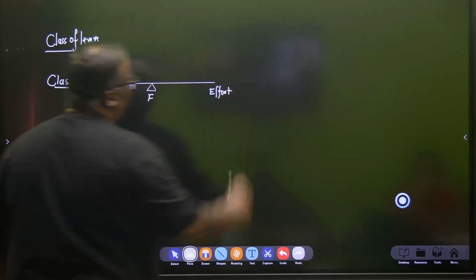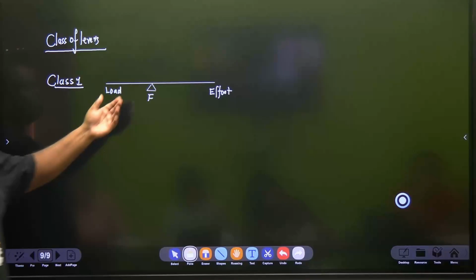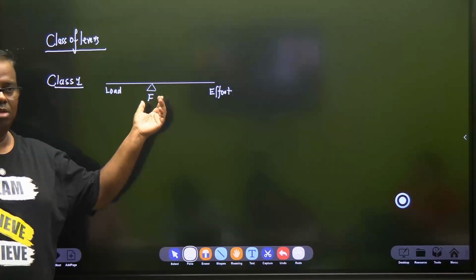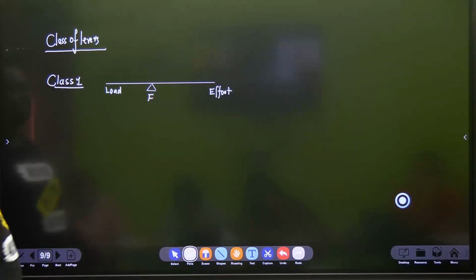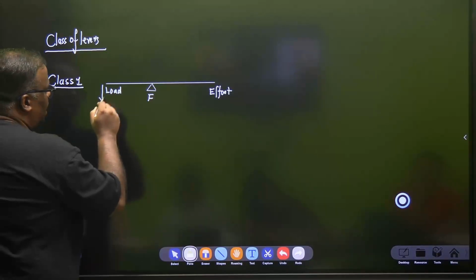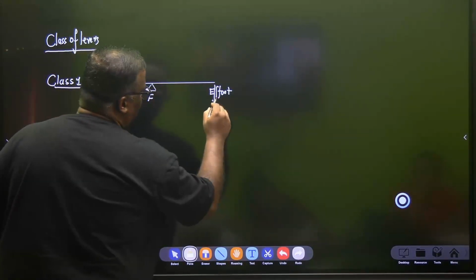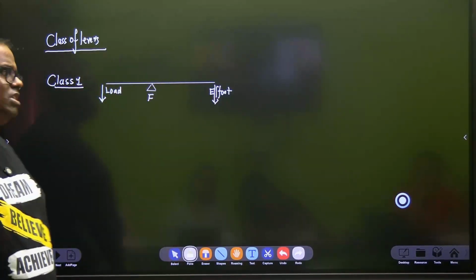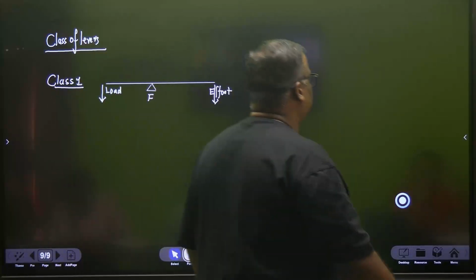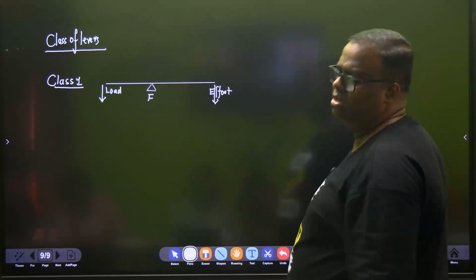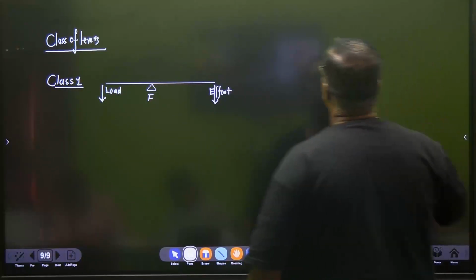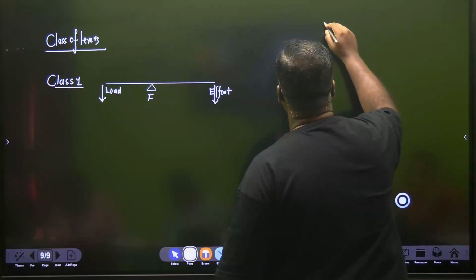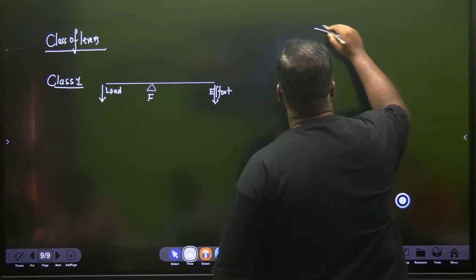Most common type of levers, fulcrum will be between, means it will not be at the midpoint, but it will be in between. In such a case, load will be also acting on this side, effort will be also acting on this side. Can we see some examples? Well, we can see some examples. Seesaw is a class 1 lever, but let's say rozmara ki zindagi. Let's say you try to see something like say